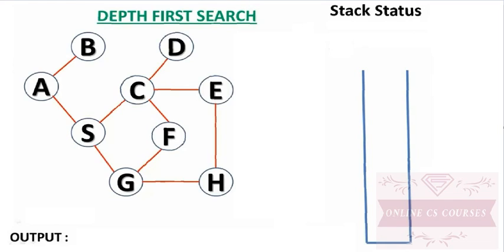In the Design and Analysis of Algorithms course, today's topic is depth first search. It is a very important graph traversing technique, depth first search. To start this topic you should know the concept of stack data structure and the operations on the stack data structure, which are push and pop. So let's start. We have this given graph, and we have to traverse the graph by the depth first search algorithm.